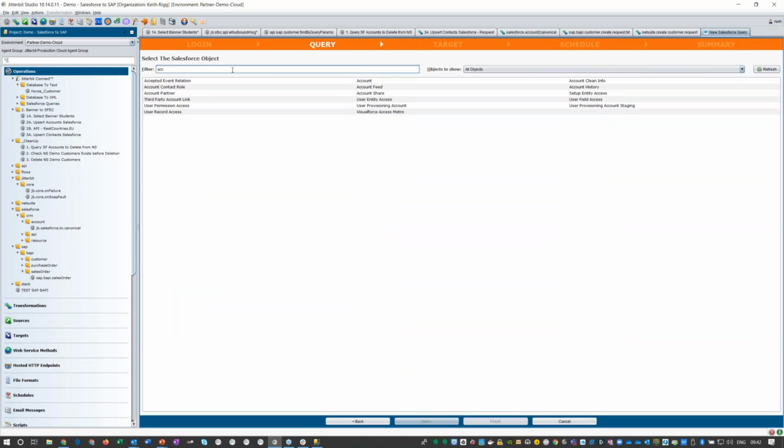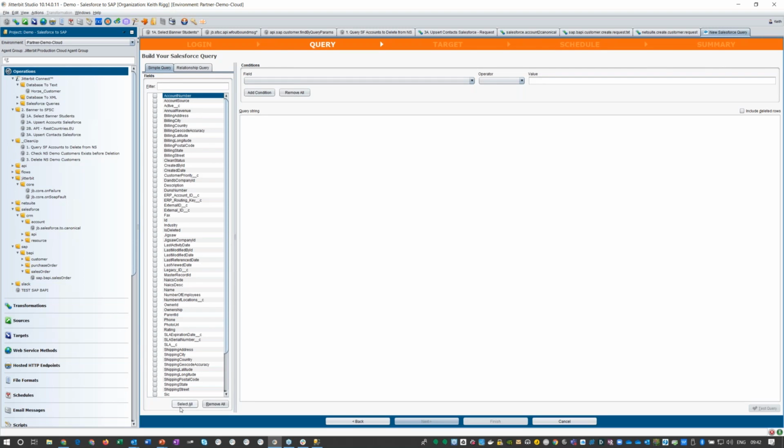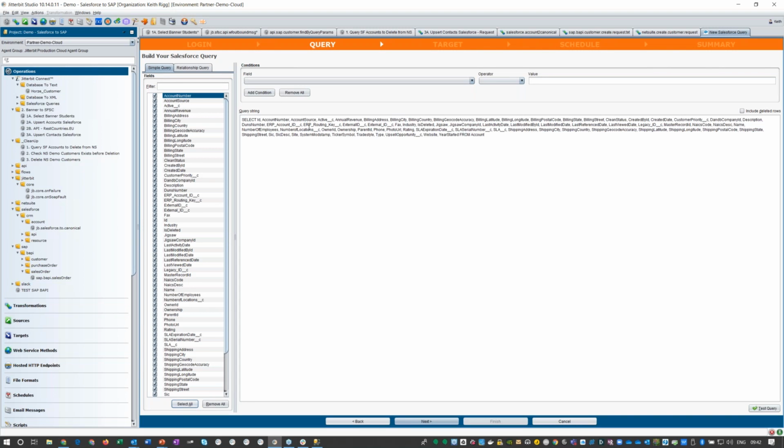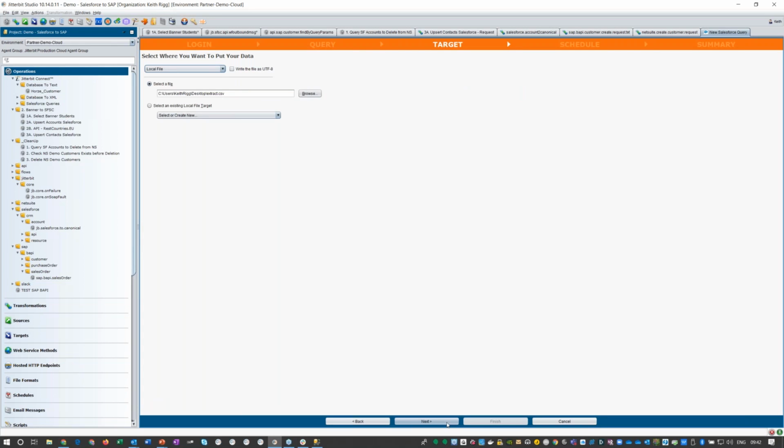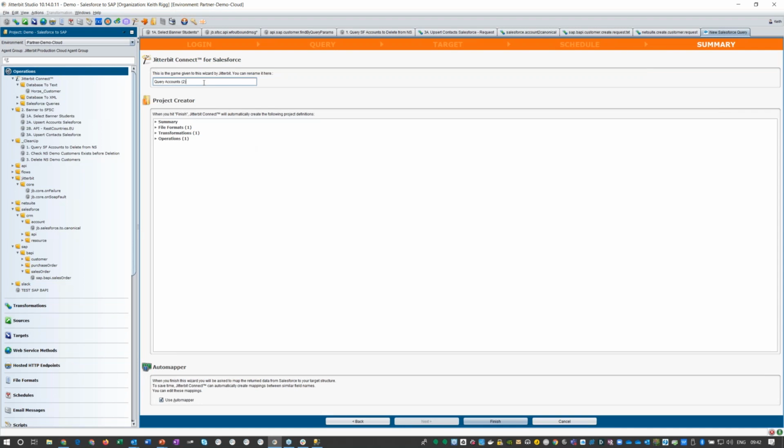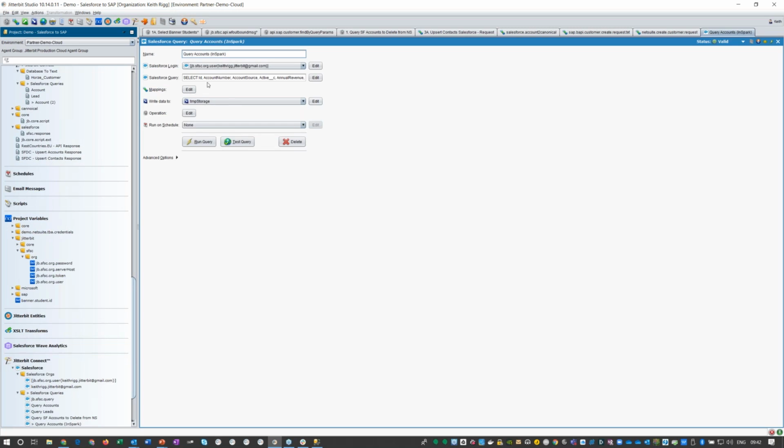So if I take the account object, the one we've just been looking at, now I can build the query visually, so I can select all the fields, I can add conditions. I won't do that in this case because I know there's only 9 or so records. I can test the query, I can see the records I'm getting back, I can move forwards. I can decide what I want to do, temporary storage, use an existing one, click next, create the text-based schema for that temporary storage based on the SQL. Yes, please. I don't want it to run on a schedule. Call this INSPARK and click finish. And now we have this all fully built out.